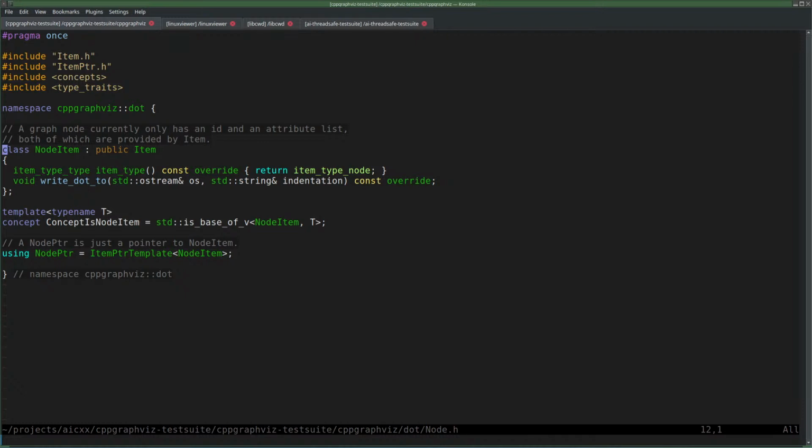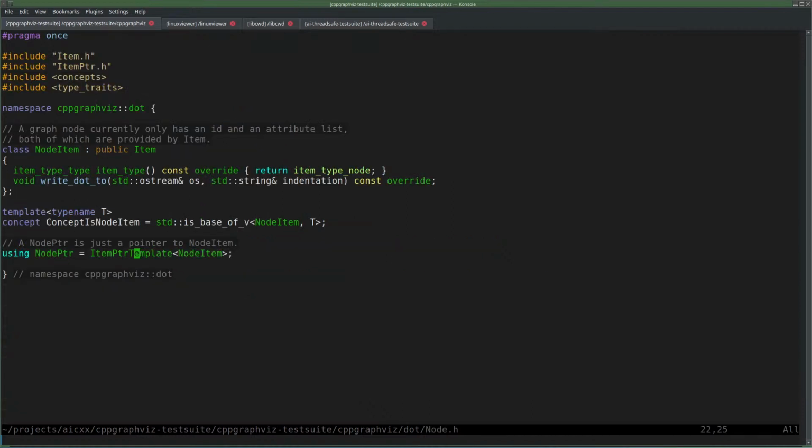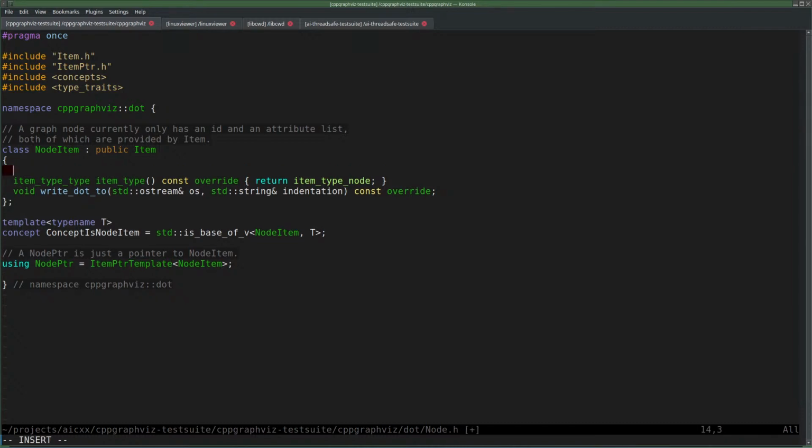Why not? Yeah, a node pointer of node item defines an unlocked. An unlocked of the template parameter, an unlocked of node item. That should be the same. It's just missing again here. Using unlocked type.